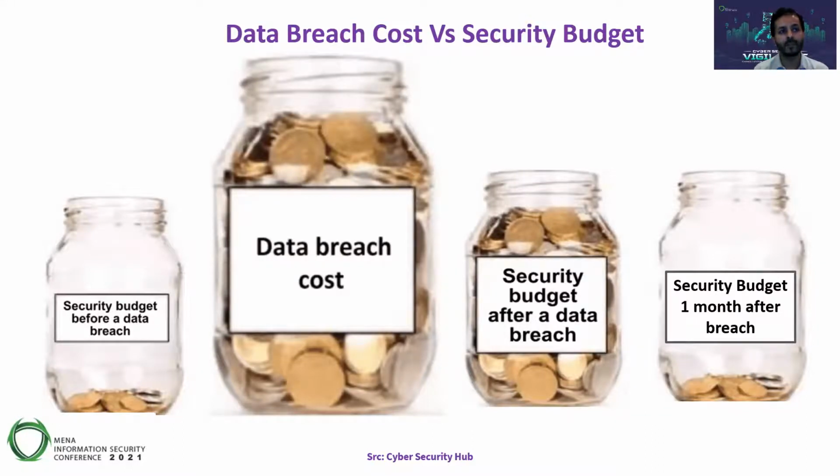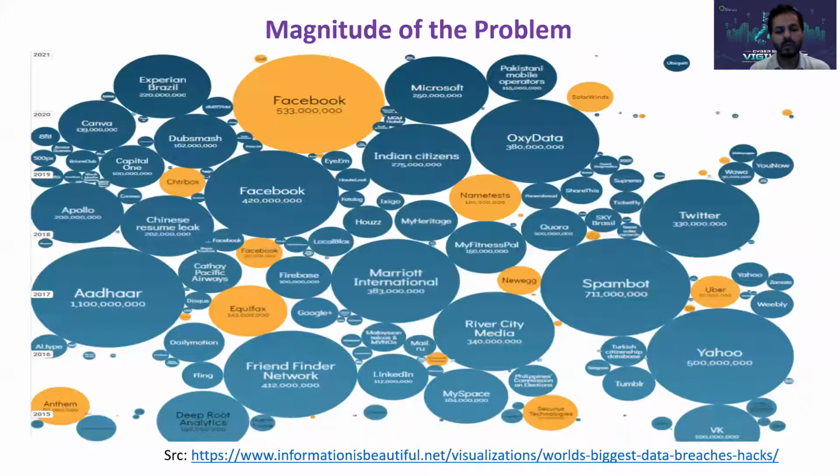So make the most of understanding what, if there was a potential breach, God forbid, have a view of where you would like to spend that money so that you're ready for that eventuality. But more importantly, right-size your budget. So if you can explain the risks and the financial impact of a data breach to your organization, and based on that, help them allocate more budget to you from the get-go, it will put you in a far better position.